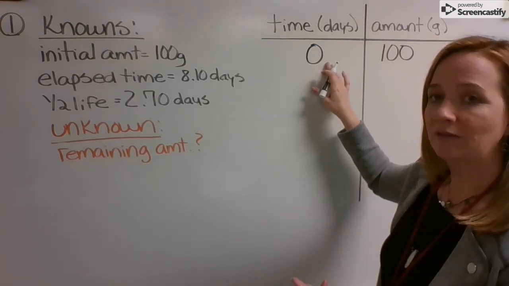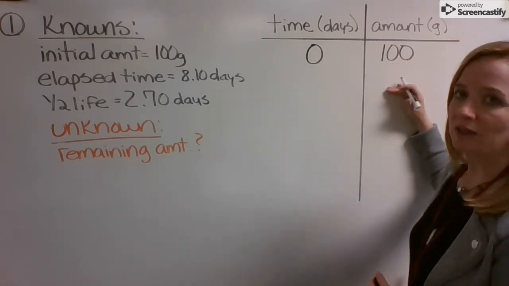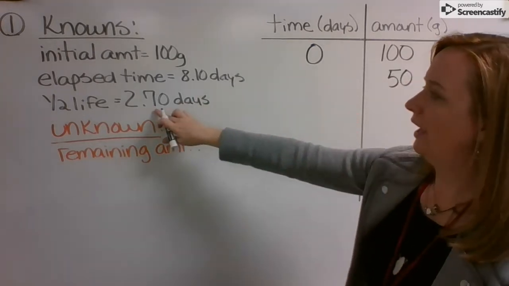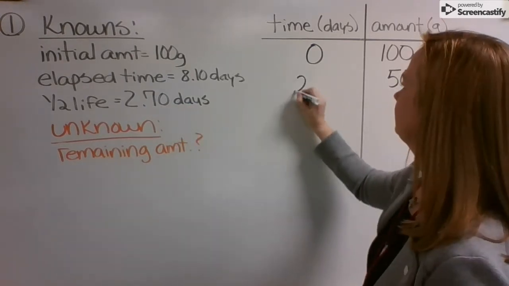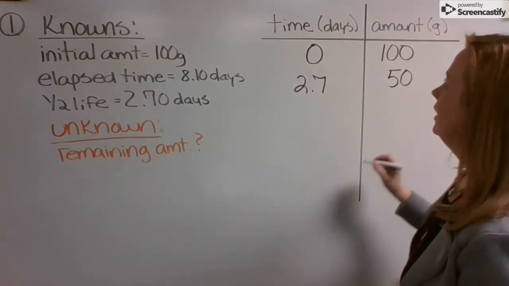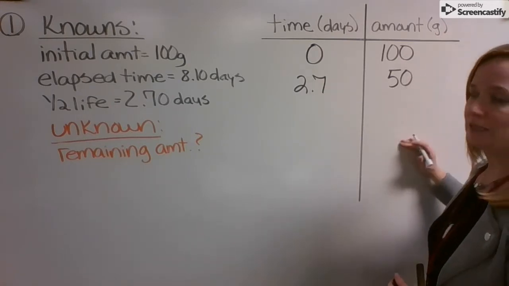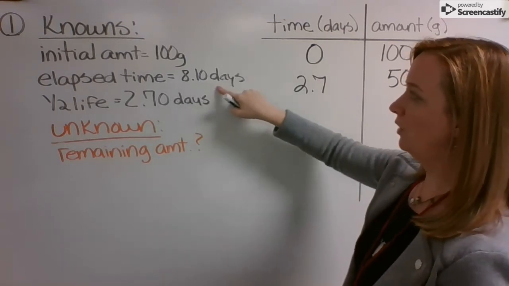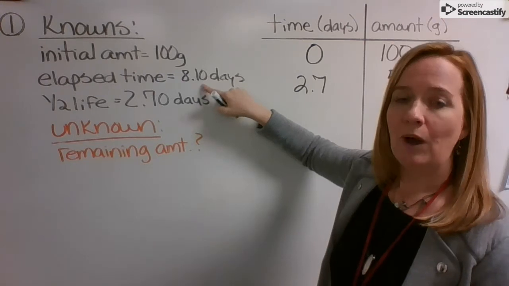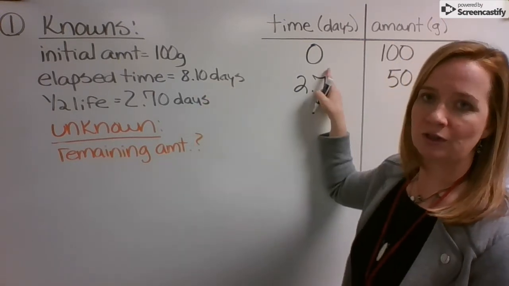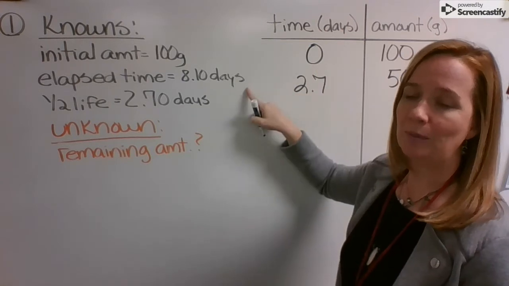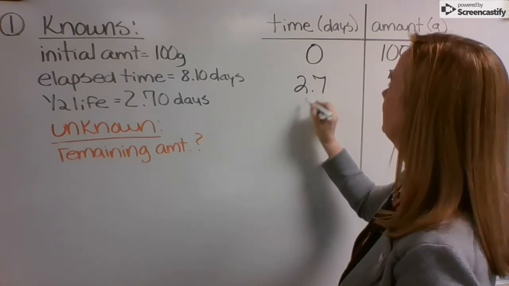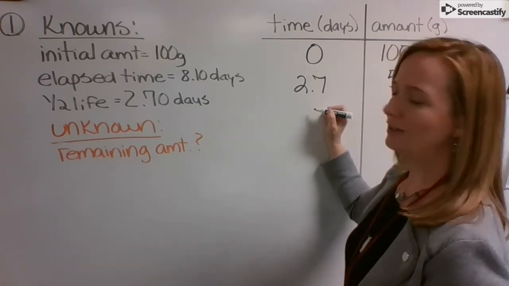Now, after 1 half-life, that means that half of my sample is gone. I will have gone down to 50 after my half-life of 2.7 days. Now, I'm not going to know when to stop because it didn't tell me how many half-lives I have. So what I am going to do is use that I need to know that 8.1 days have passed by. So I'm going to add 2.7 to my initial starting time of 0 until I reach 8.10. So that means 0 plus 2.7 is going to give me 2.7. I'm going to say 2.7 plus 2.7 to give me